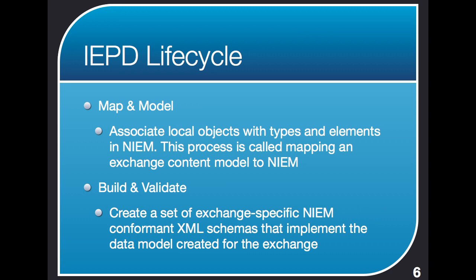Step 3, mapping and modeling, means associating your local objects that are part of your exchange with types and elements that are in the NIEM. Basically, you're looking at the NIEM and seeing which pieces of the NIEM are going to work in your exchange. You don't want the whole NIEM, you want pieces of it, and here's where you decide which pieces you're going to use. Also, part of this process is finding out which pieces of your exchange are not in the NIEM,